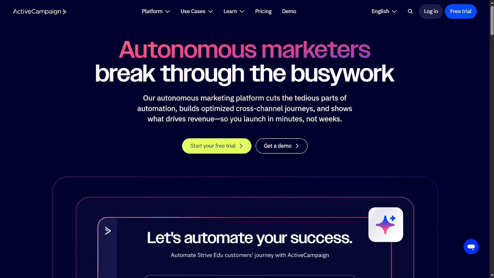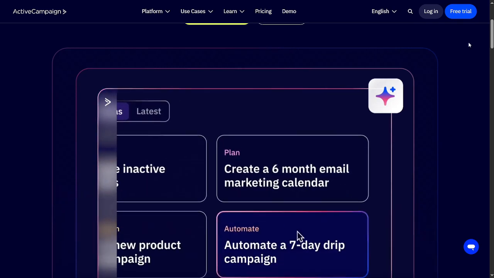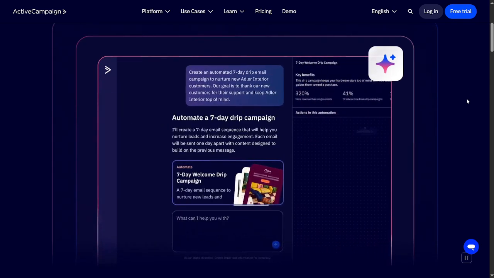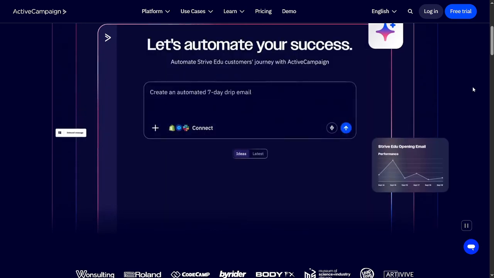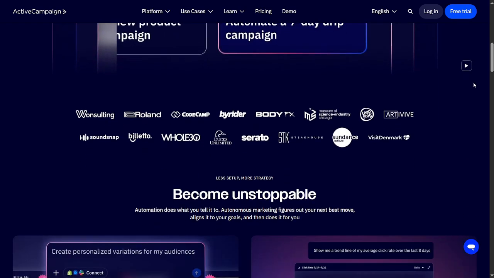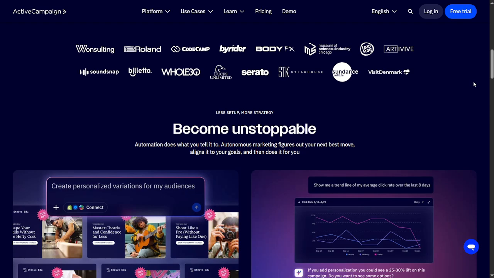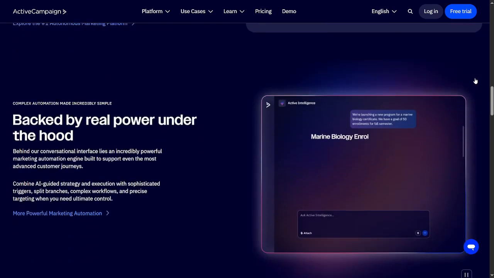It is built for businesses that want detailed control over customer paths and personalized messaging. When you create an automation in ActiveCampaign, you can set conditions, triggers, and goals with a lot of flexibility. This lets you build sequences that respond to customer behavior in real time. For example, you can target people who clicked a specific link, visited a certain page, or even showed a pattern